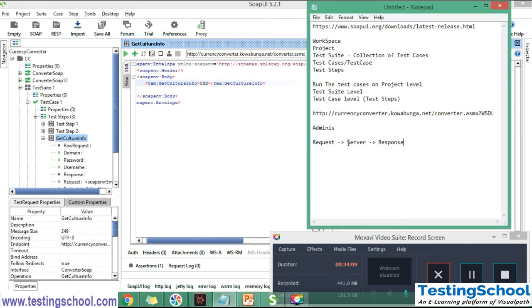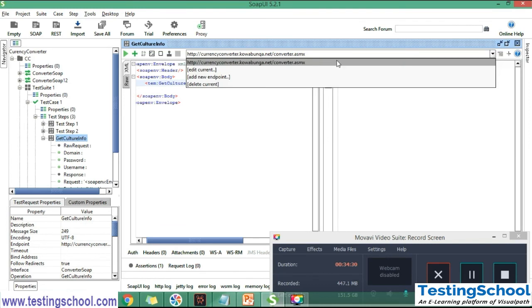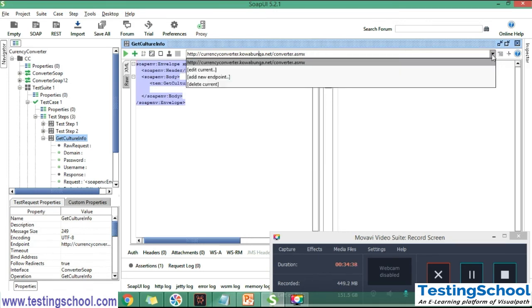So where is the server? Once we send the request to the server, we should provide the server endpoint, that is nothing but the system's IP. Here, as we are using free WSDLs, by default they have given this as the server, so we can assume this is the endpoint. We are sending this request to this server, converter.asmx.